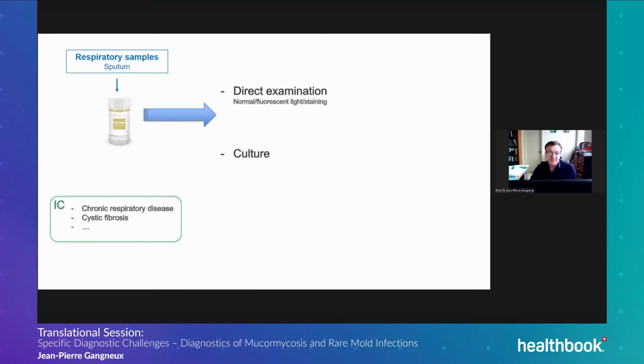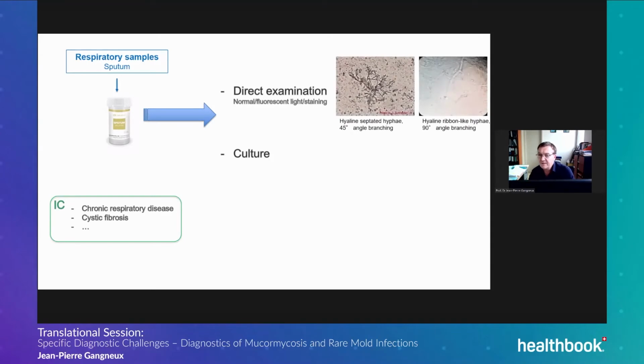In case of immunocompetent patients with a suspicion of fungal infection, this is the case for chronic respiratory disease and particularly cystic fibrosis. So in that case, sputum will be the preferred sample, and we will perform first direct examination with normal or fluorescent lights and sometimes with staining. And it is possible to distinguish hyaline septated hyphae with 45 degrees angle branching that will be consistent with Aspergillus, compared to hyaline ribbon-like hyphae with 90 degrees angle branching, consistent